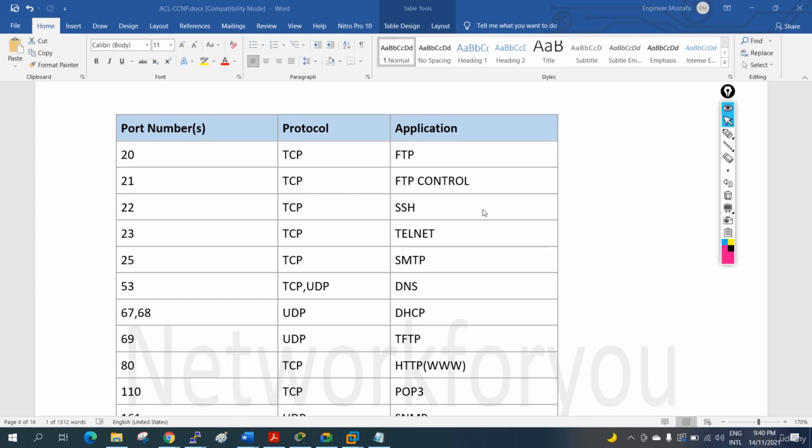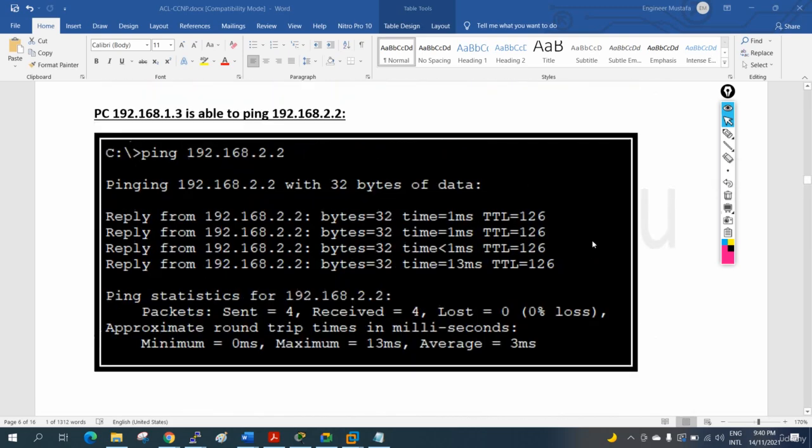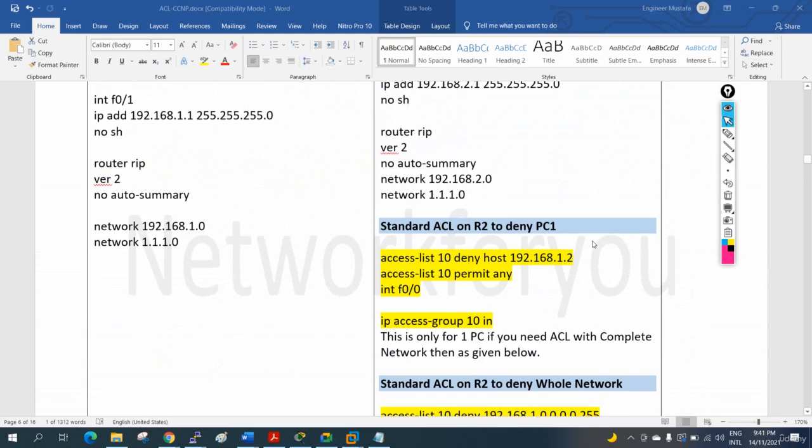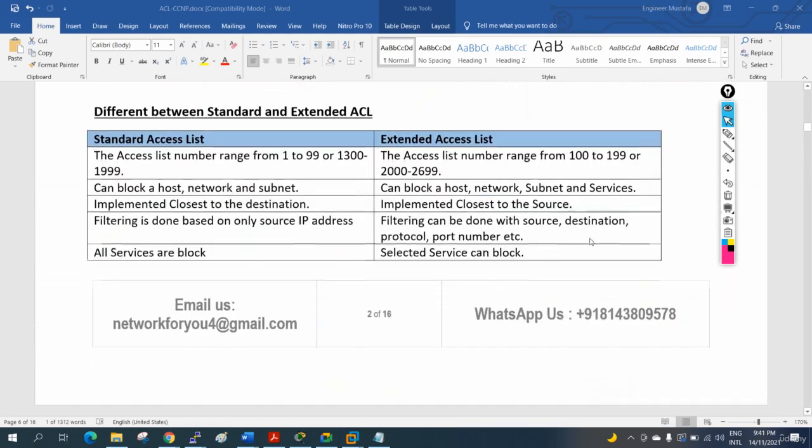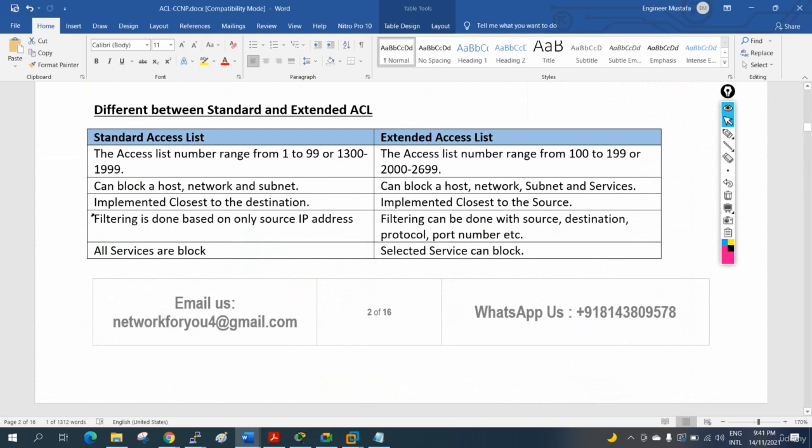Everyone, so now we are going to look at the extended ACL, but before going to extended ACL we need to know the port number, protocol and application, because if you see here, let me show you. In this box, what we are saying is all services are blocked. Just now we checked also, right? Here we check